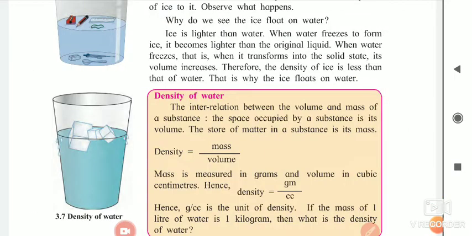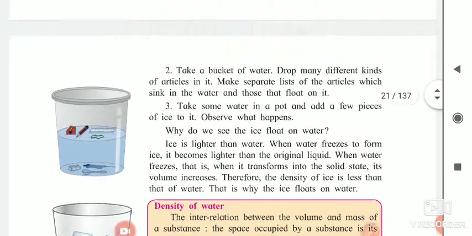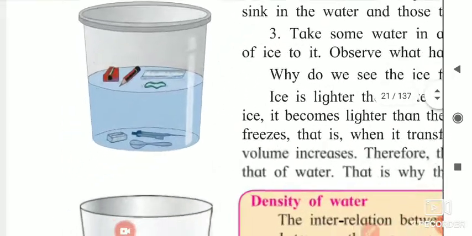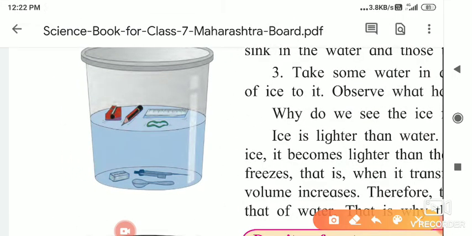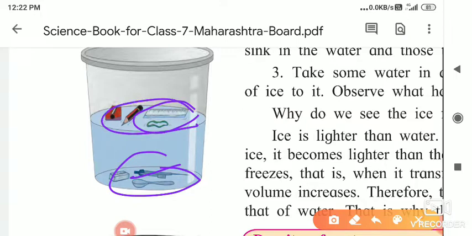And one more experiment we can do, that is the density of water experiment. If you have water at home, you have to put some ice cubes in it, and then you have to show that these ice cubes are floating on the surface of the water. Otherwise, for density, you can take water. If you don't have a fridge at home, use this water, and inside that water just show me which things sink. These have more density, and the things which float on the surface of water have less density.